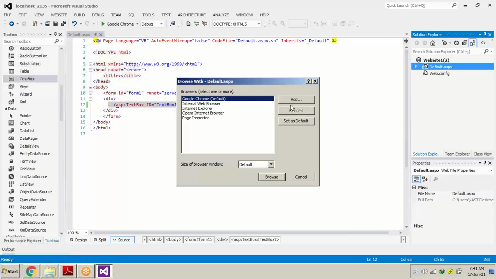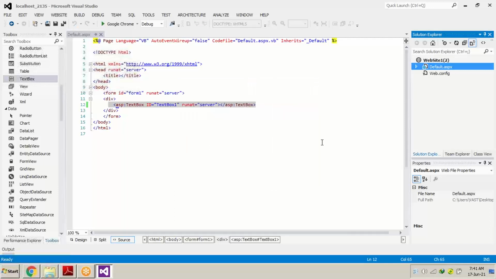By default Google Chrome is selected, and I will select Browse. What will happen is the page which we have designed will open in a different tab. Okay, so this page is getting open.